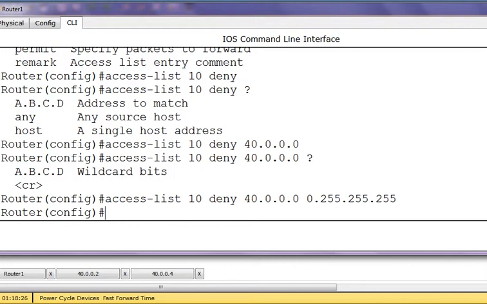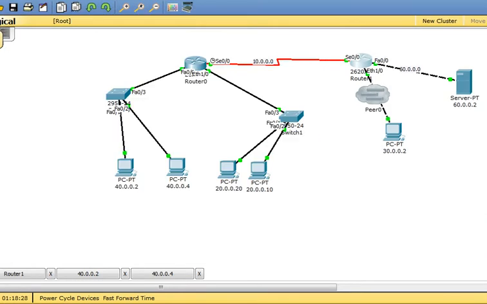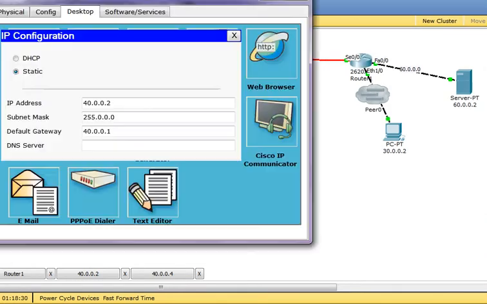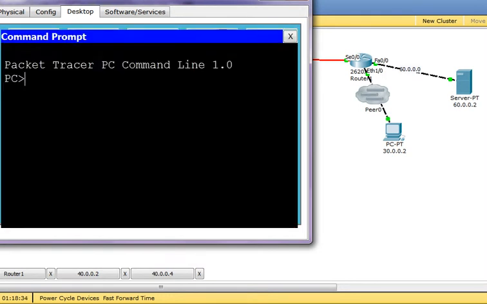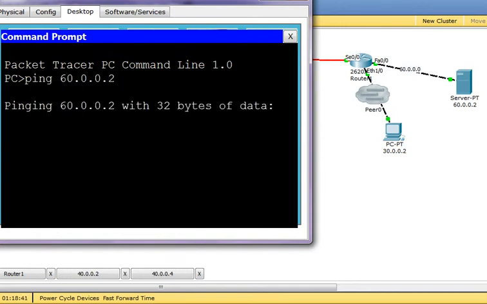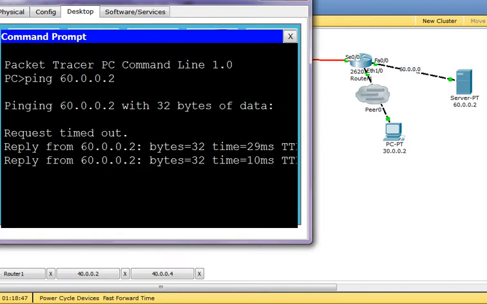Before I bind it to the interface, I want to show you that my 40 network can ping my server. Let's go to the command prompt and ping 60.0.0.2. Yes, it can talk.